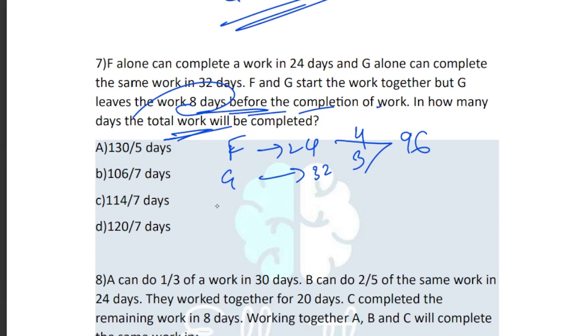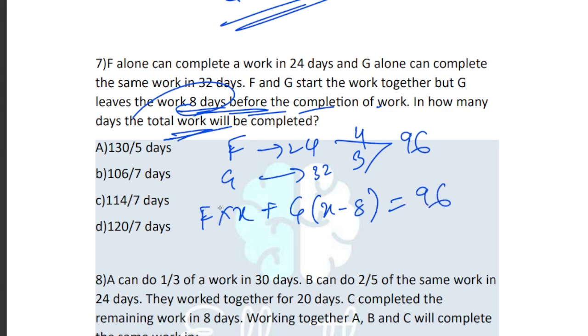So I'm saying that F works for X days, but G leaves 8 days before. That means G worked for X minus 8 days. So F multiplied by X days plus G multiplied by X minus 8 days, and the total work will be